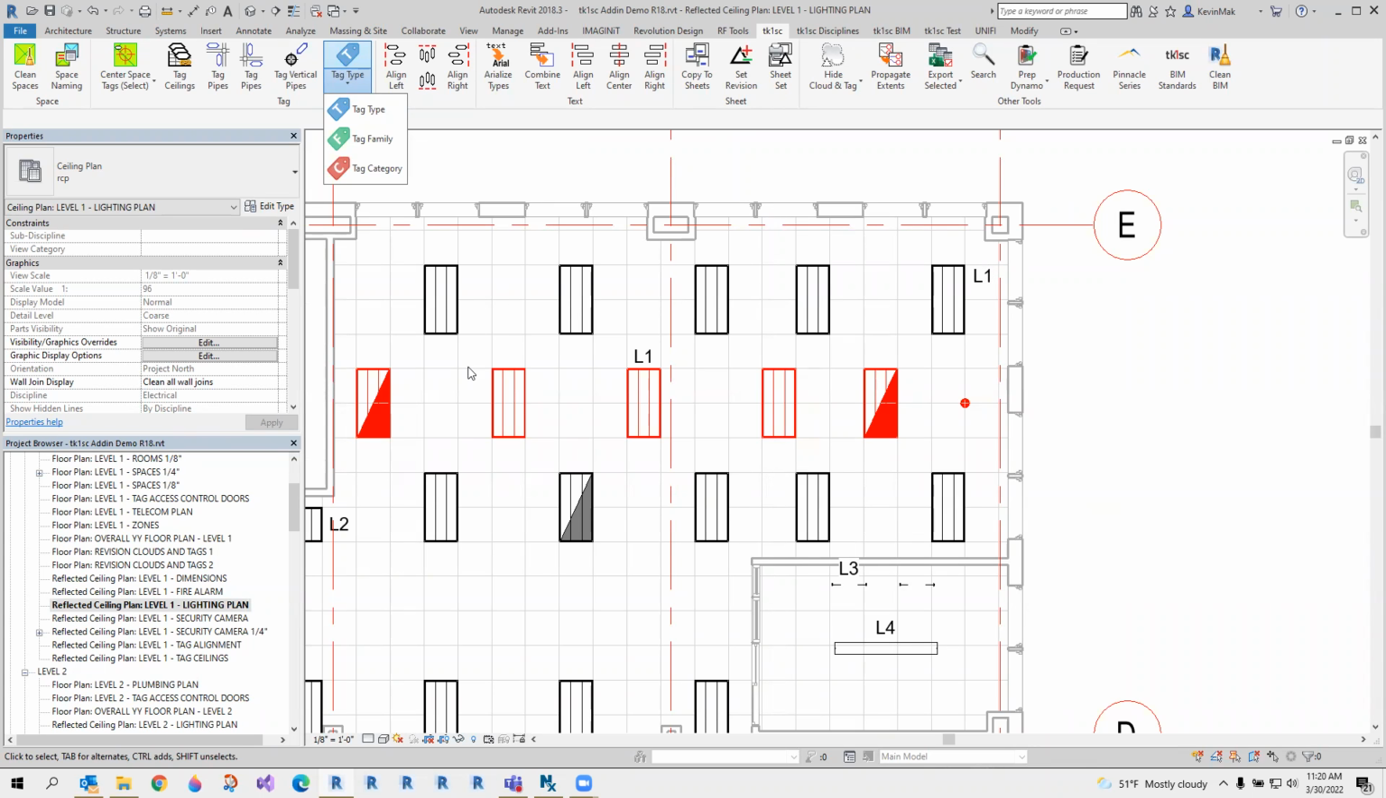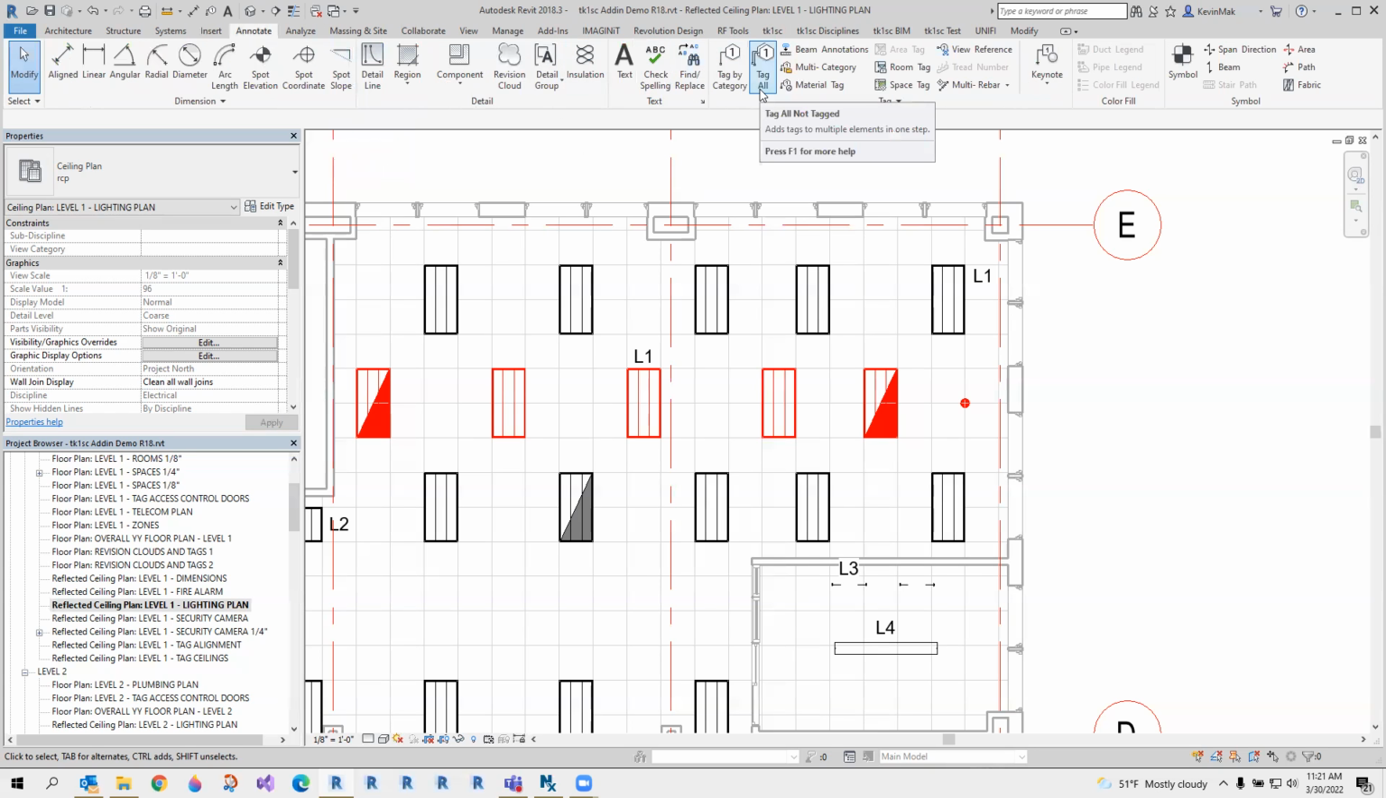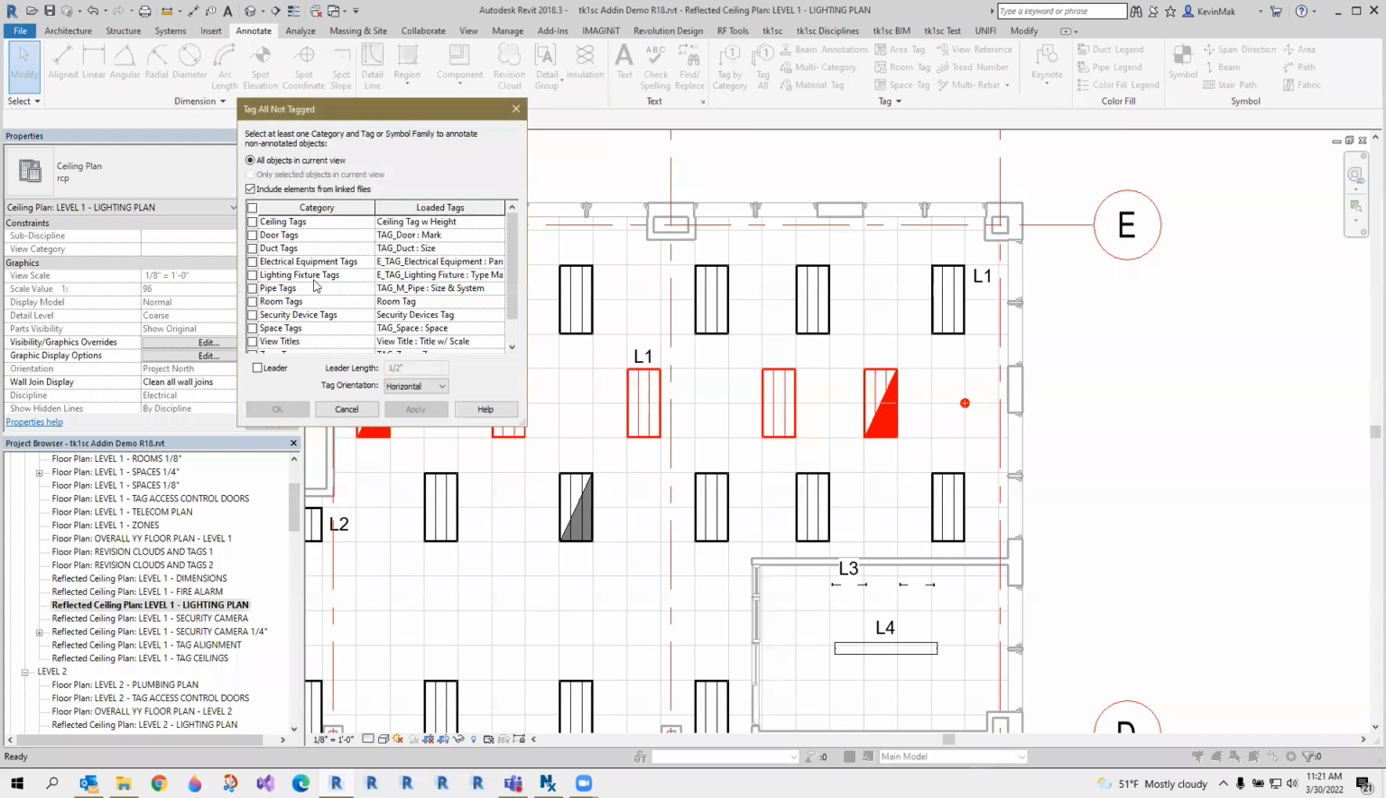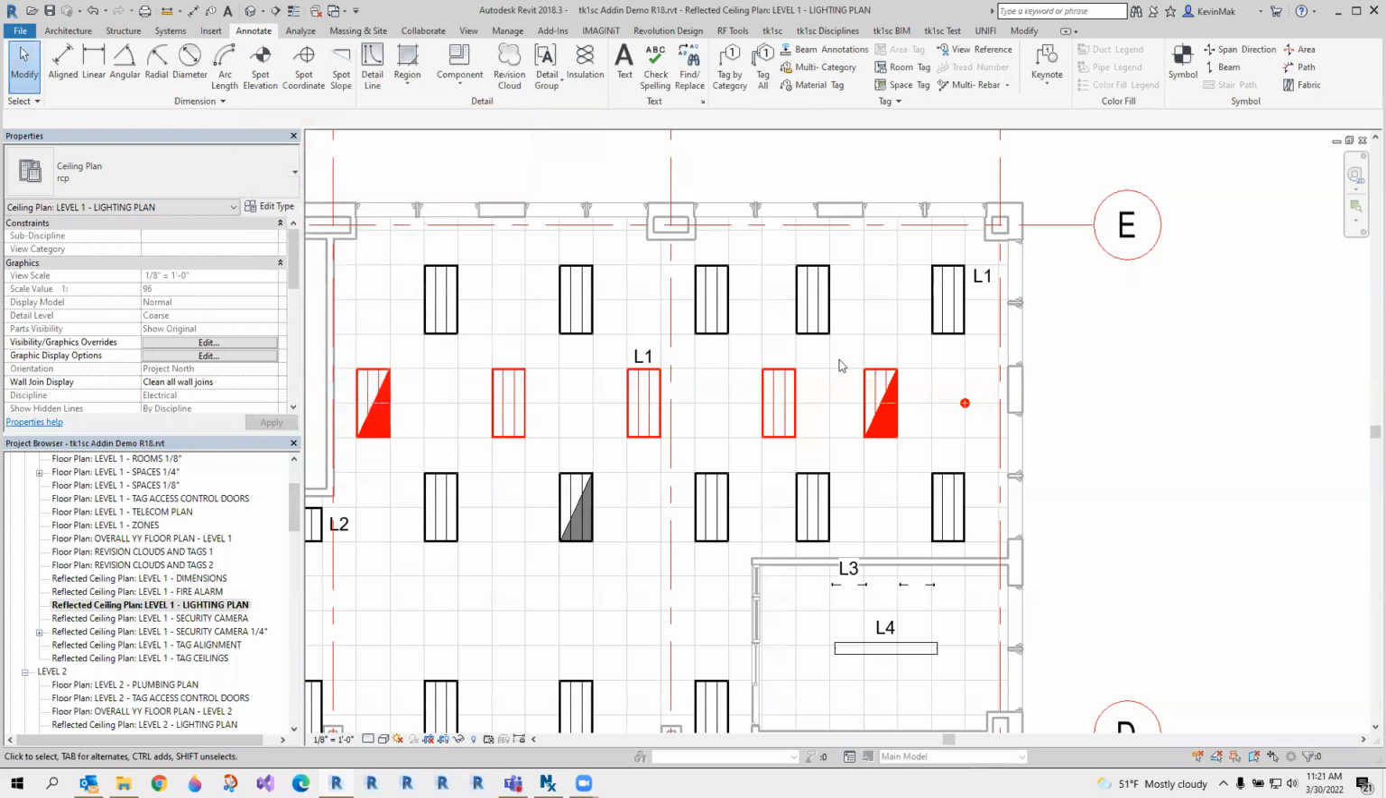and start tagging the other elements. Obviously, the Autodesk tag all tool places the tag at the center point or the insertion point of that element, which I would say 100% of the time will not be in the correct position. For example, here, if I want to tag my light fixtures,